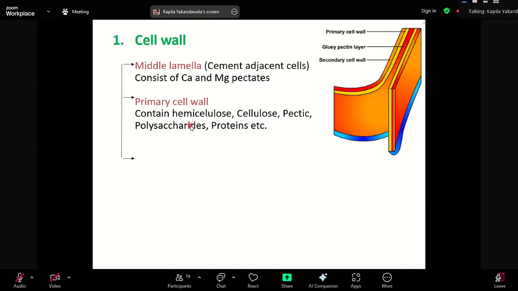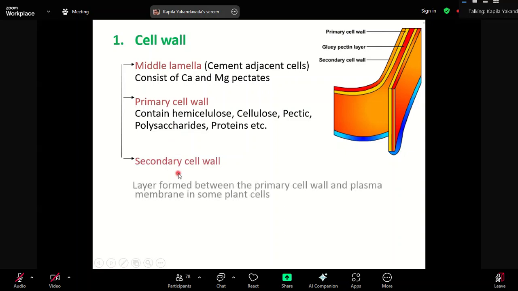Composition, you should know the composition. It is given here in the book as well. Mainly hemicellulose, cellulose, pectin, protein, and polysaccharides. In some plants, there is a layer between primary cell wall and plasma membrane. You call it secondary cell wall. So when a plant forms a primary cell wall like this,